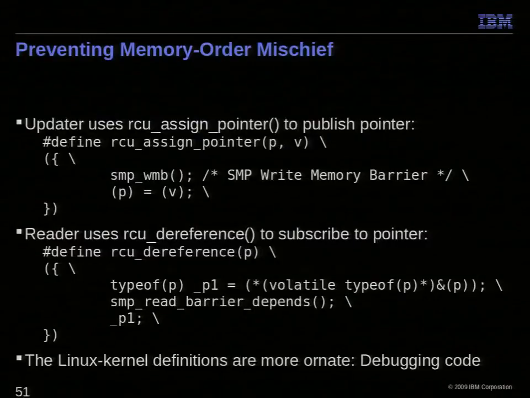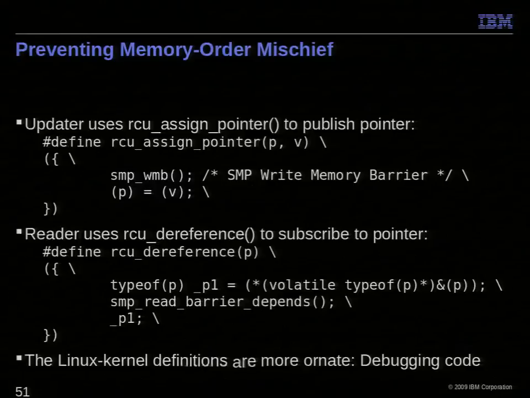rcu_dereference forces the compiler to just pick the pointer up once. If you let the compiler do it, it'll sometimes decide, well, I use it here and I use it here, but the register pressure is high here, so I'll pick it up and then I'll pick it up again, which would be really bad if you had people